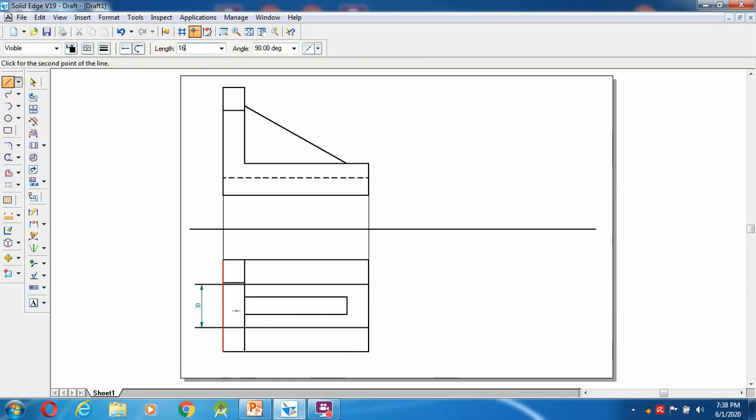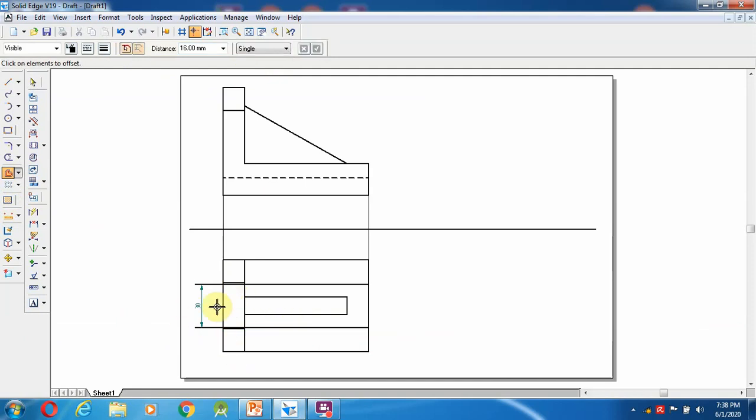Control Z, go to the offset, distance 16 mm, single, this, enter.